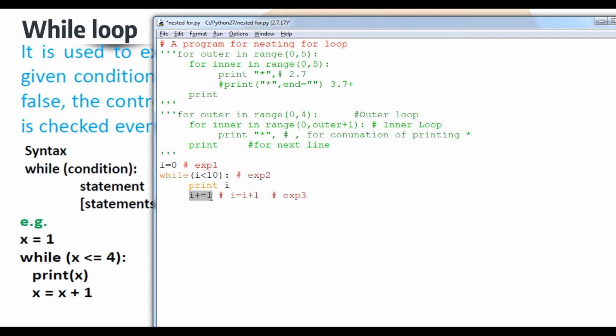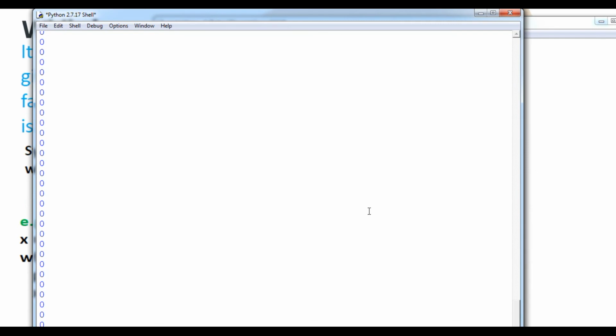It should not be only like this. Suppose I am going to create a particular step, I will make this a comment, student. I will show you how to show another step. Here I will change expression 3. What I'm going to change, student, is I divided by equals 2. Now we are going to understand what the output will be. Now you can see 0 0 will print infinitely.